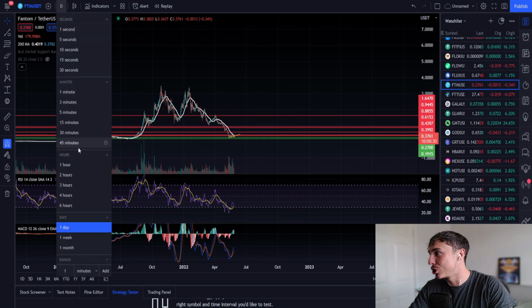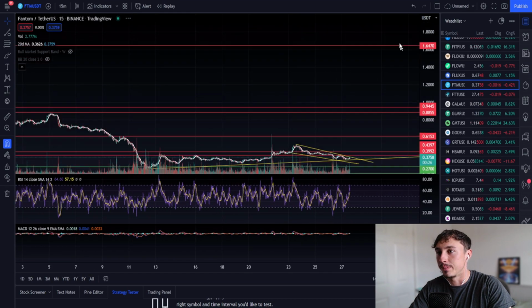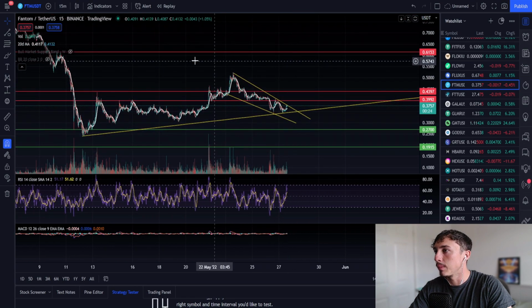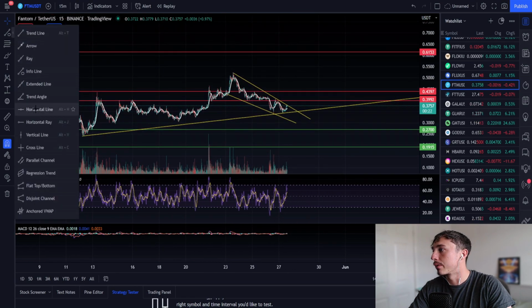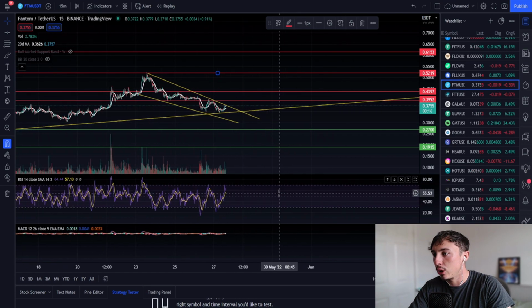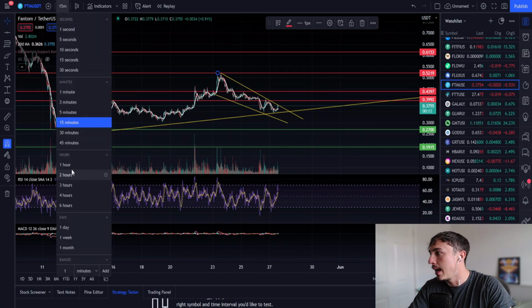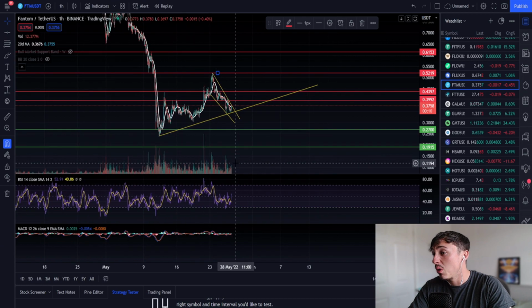Now, looking at the short-term price action once again, what could actually happen? I'm seeing a lot of resistance at the moment, of course, at this swing high. But we've got these 3 targets where we need to go through. The RSI is looking a little bit pumped at the moment. We're sitting at 66 on the 15-minute time frame, and looking at the hourly time frame, we're looking pretty neutral,